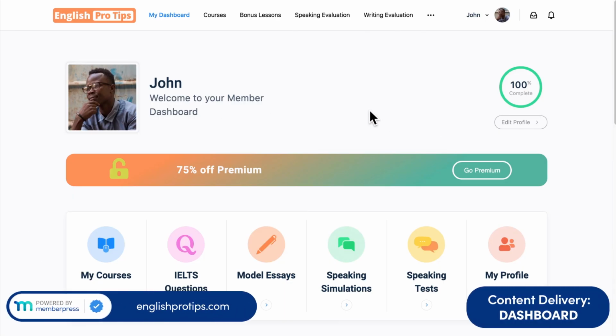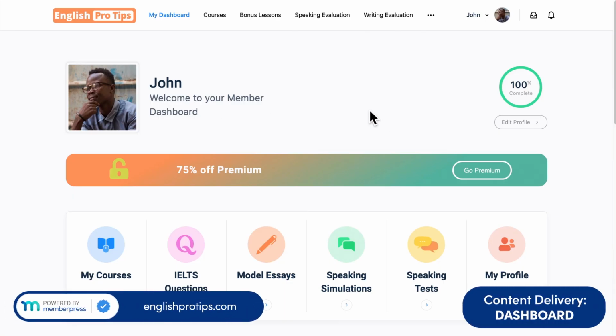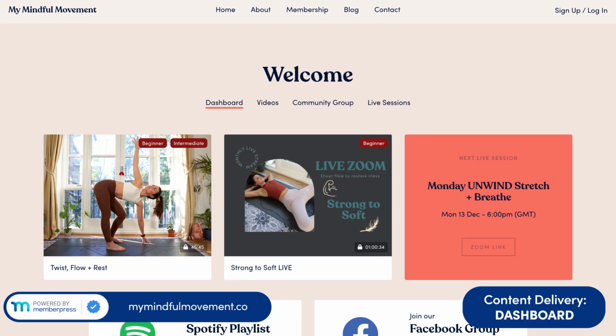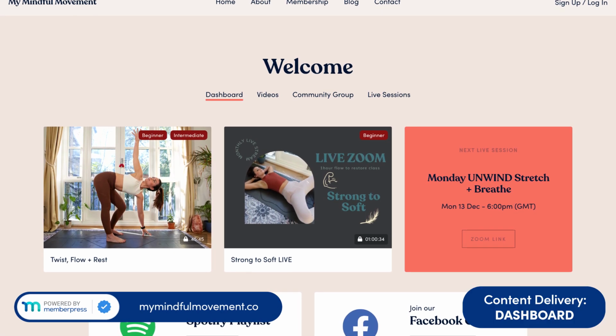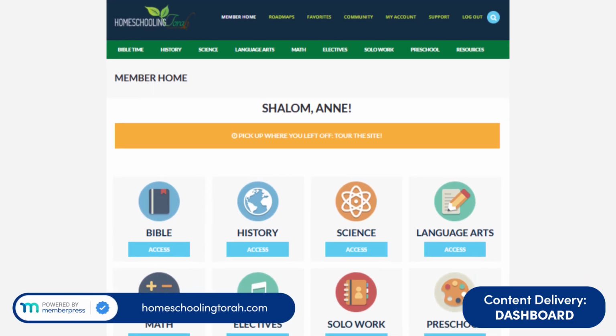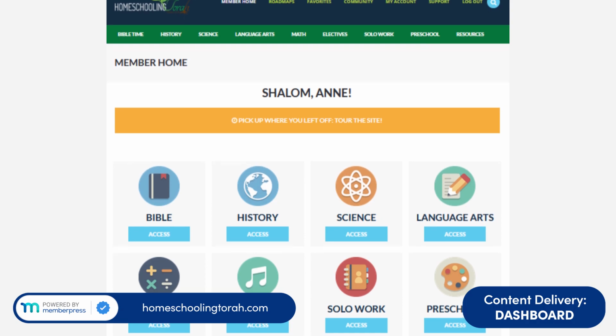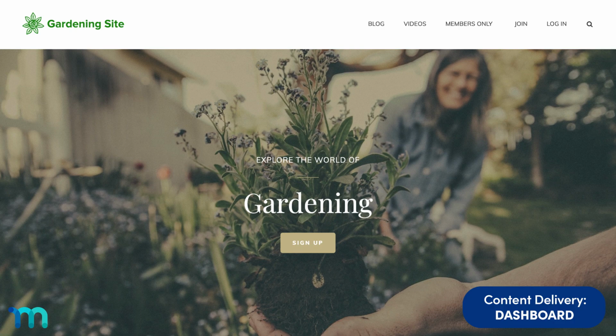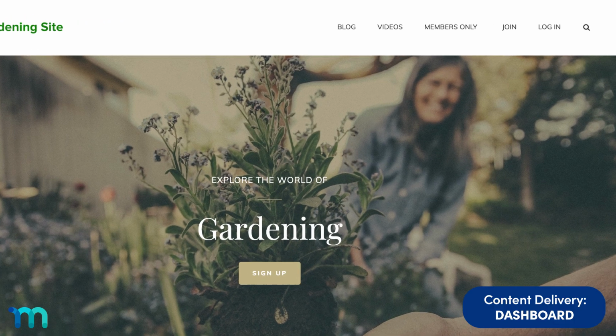Another way to deliver content to members is through a dashboard or landing page. This is a page exclusive to members and acts as sort of a hub. You provide them with a link when they sign up. Members get an exclusive feel and wouldn't have to navigate your entire site to view their content. This could be a private link that they get, or it could simply be a link on your site called